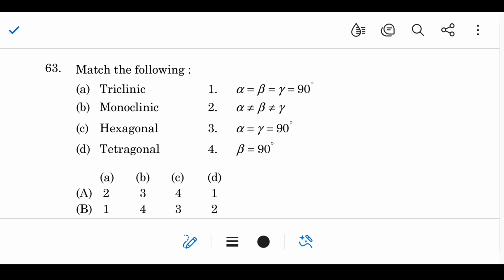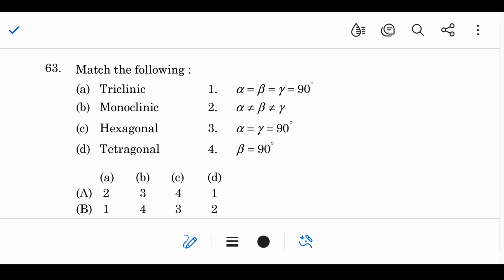Okay, this is the crystal lattice, the crystal system with the lattice angle. It's one of the most important questions; we will get nearly 2 or 3 questions from the types of crystals and their length and angle. First we have to see, we know